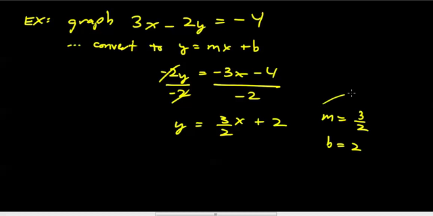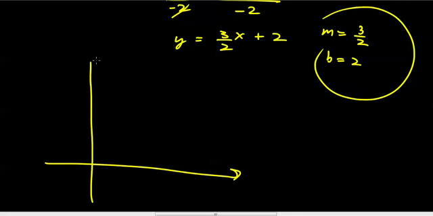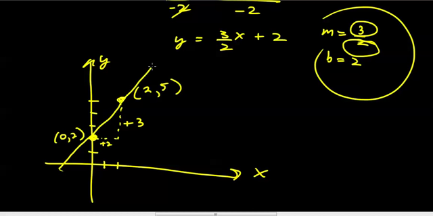I can use this information to sketch a quick graph now. If my y-intercept is 2, that means 0, 2 is on this line. I'll start there. If I run 2 units, I will rise correspondingly 3 units. So I'll indicate a 2-unit run, which will result in a 3-unit rise. To locate another point on the line, I can easily write the coordinates of this point. If x goes up by 2, y is going to go up by 3. So I can locate another point on this line at 2, 5 and connect these dots